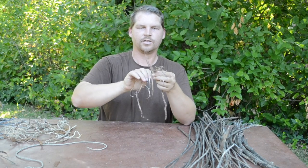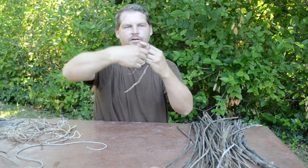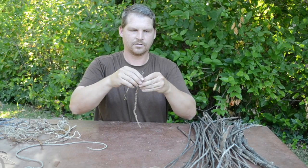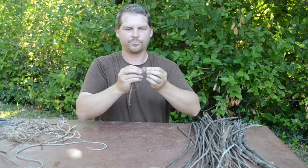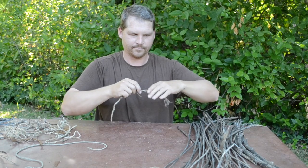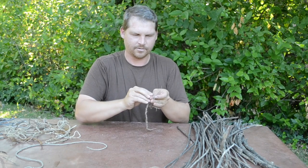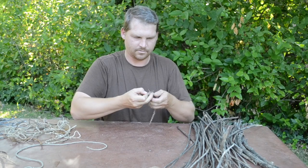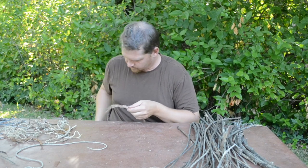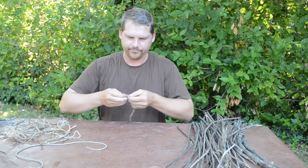So what I'm going to do now is just tie a nice knot in the end here, and it doesn't have to be anything fancy. You can actually just put all these together, wrap it around your finger, and just tie one big knot in the end. And that's going to be how you secure it to your hand in the end. It's a little ugly, but alright, so